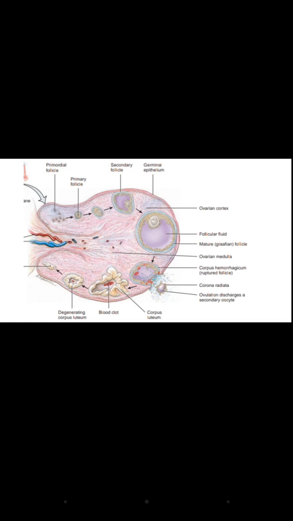So, what is germinal epithelium? In this image, you can see the outer layer, the germinal epithelium. It is made up of simple epithelium. Then the ovary is divided into two parts, the ovarian cortex and the medulla. The cortex has the ovarian follicles, and as you can see here, the follicles are at different developmental stages: primordial follicle, primary follicle, secondary follicle, and the mature follicle. Then in the medulla there are lymph vessels, blood vessels and nerves, then corpus luteum and corpus albicans. We will discuss them.